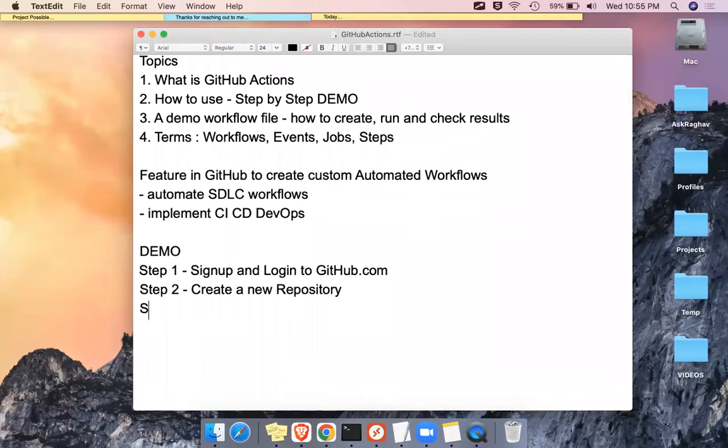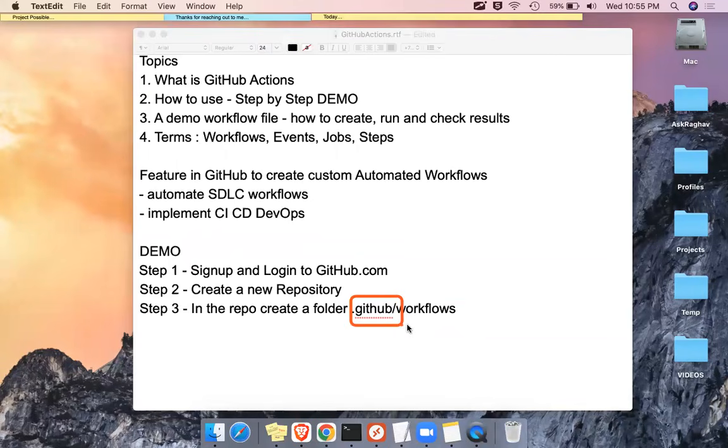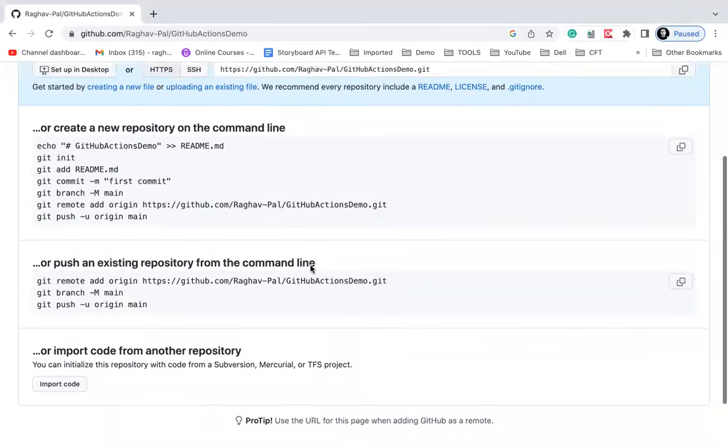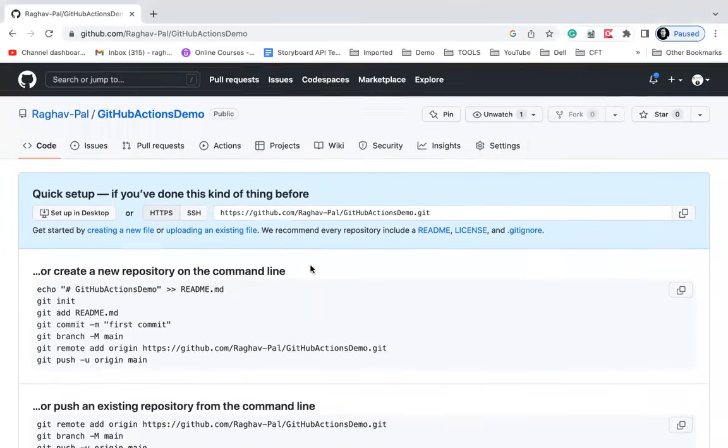Now, step number 3 will be, in the repo, create a folder .github, and then inside .github, workflows. So this is important. All our workflows are present in this folder. In the main repository, we will create this folder .github and workflows. So here, you can either create manually and then commit and push to the repository, or the other way is